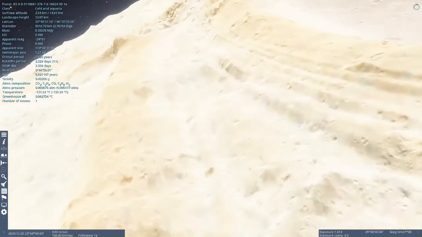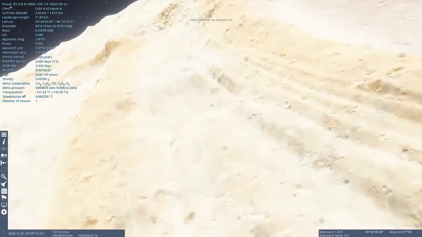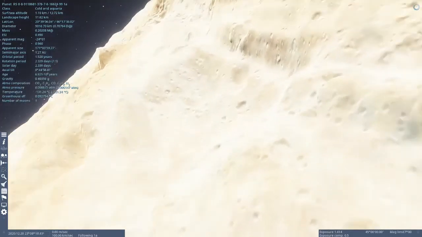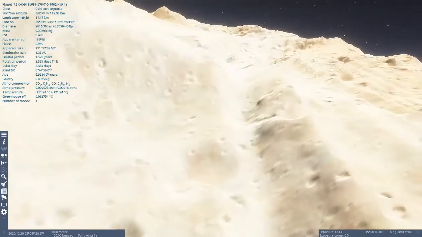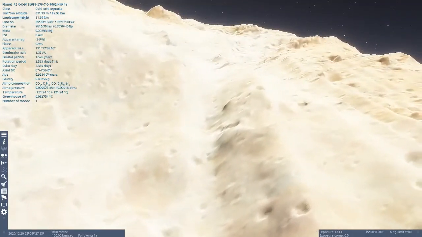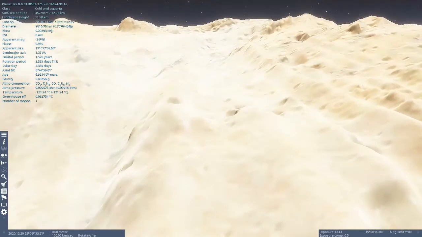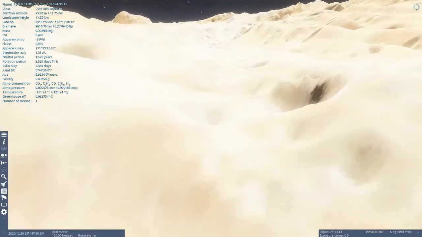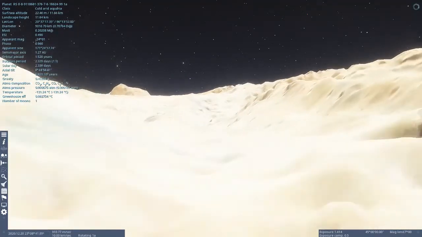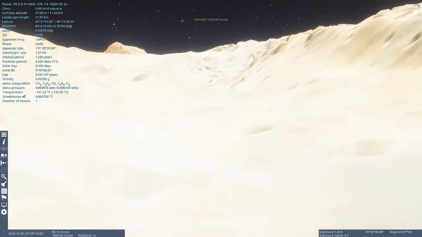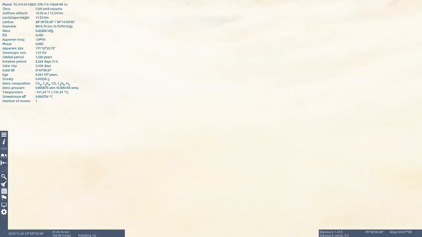I wanted to get the automatic horizon thing to kick in there, but it doesn't want to do it for some reason. All right. Hills and valleys and craters. We are not locked on here for some reason. I'm not sure why. Oh, rotation. There we go. I was locked onto the center of the planet, but I wasn't locked onto its rotation. So we can get down here close to the surface of the planet. I'm going too fast. We're still going 1,000 meters per second. We get down to a walking speed and get down close to the surface here.